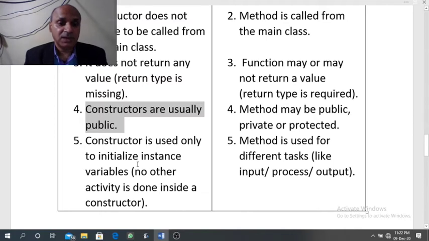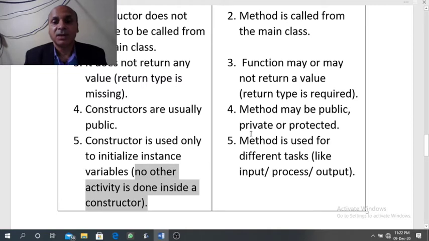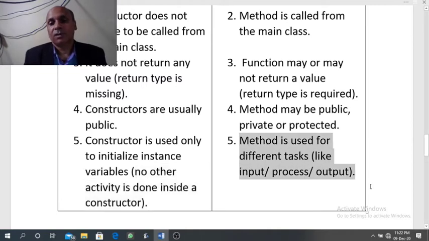No other activity is done inside a constructor. But in case of a method, methods are designed for specific work, sometimes for taking input, for doing processing, or for printing the output. So this is the difference between constructor and method.